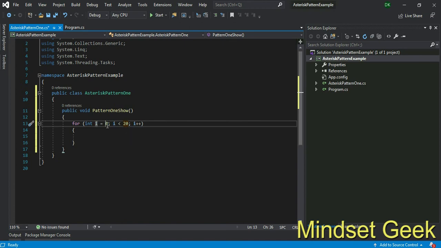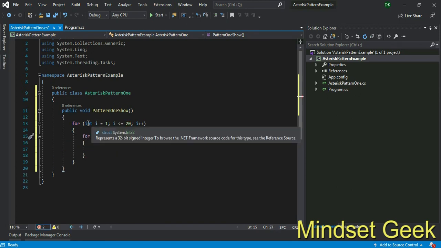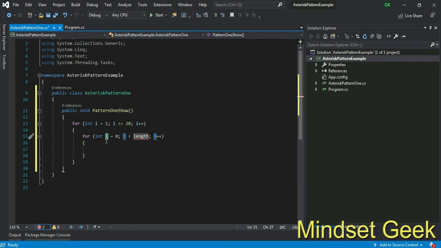That means if you start from 1 and use less than or equal, then the last i will be 20. Then 20 less than or equal to 20 will run, right? I use one more for loop inside this for loop. Now you can't use this i, whatever else. This loop I also use for 20 times.